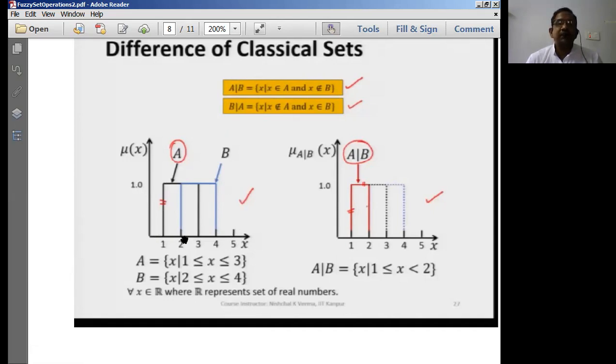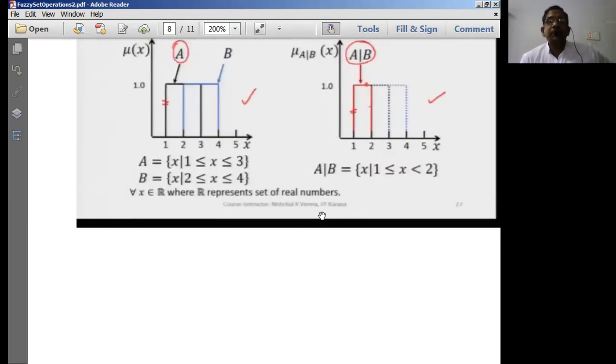This is nothing but, sorry, A minus B we get. So we have deducted this from the entire universal set, which is contained in A. The universe of discourse has the bigger values, so from the universe of discourse, this is A for us. From this, we are deducting this particular B. Therefore, when we deduct this, the difference A minus B is going to be this particular part. This red colored part is going to be A minus B. It's going to take the values from 1 to 2, obviously.